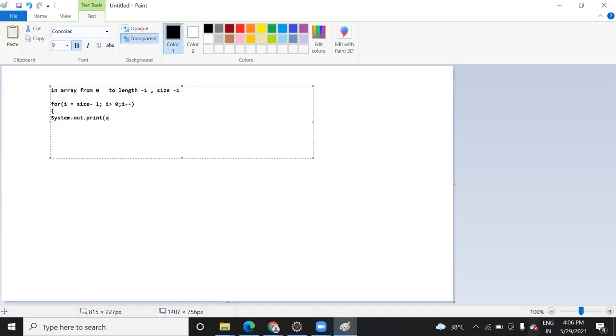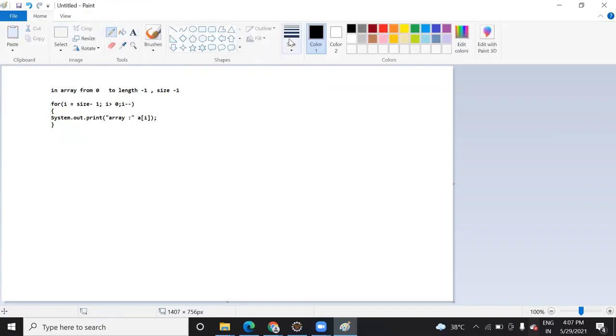Suppose the array name is a, and you write a[i]. Suppose the last index is 9, 9 is greater than 0, so how will the logic work here?